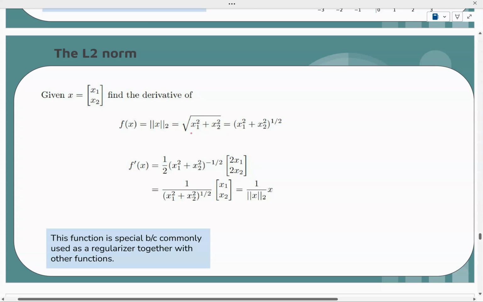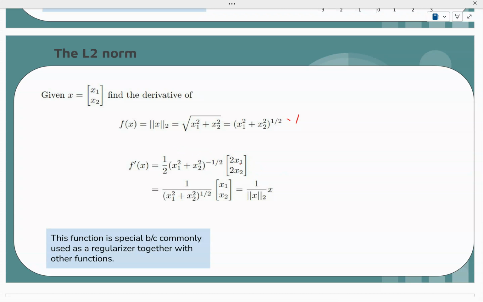So the square root can be written as to the power of 1/2. So now, if we want to find a derivative, we simply put 1/2 here, and then 1/2 minus 1. Therefore, it's minus 1/2. And then we take the derivative of what's inside. So what is the derivative with respect to x1? Well, 2x1. Derivative with respect to x2, 2x2. And